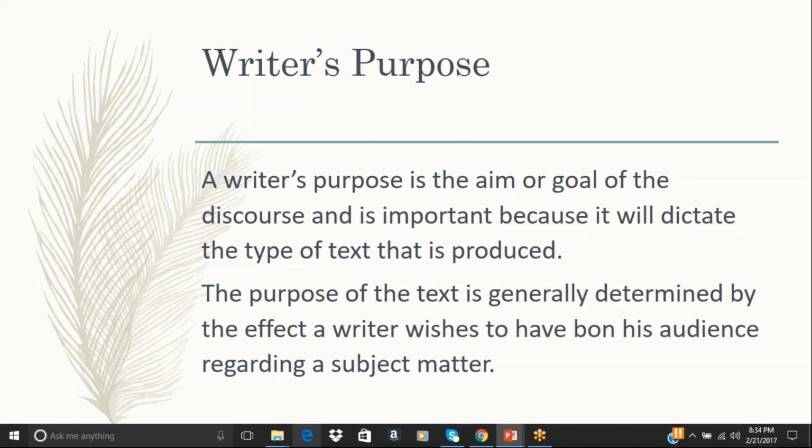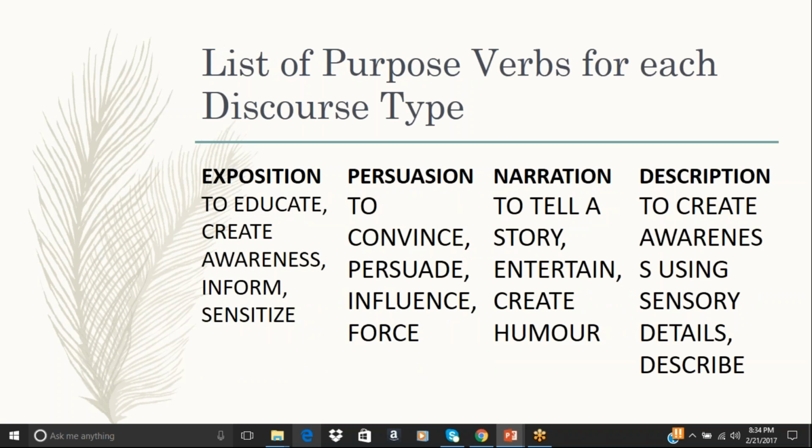The purpose of this text is generally determined by the effect a writer wishes to have on his audience regarding a subject matter. All right? So here are some words that you can use, as we did in class. Gentlemen, one way in which you can impress your examiner is this. It's not like you'll get any more marks, but you'll get the marks for expression. What you can do is utilize some of these verbs to assist you in talking about the purpose. So rather than just saying show and tell, you can use some